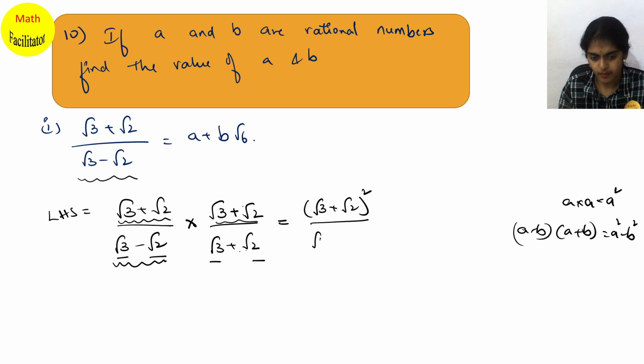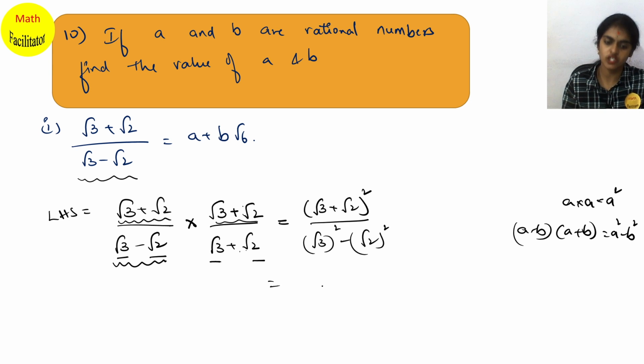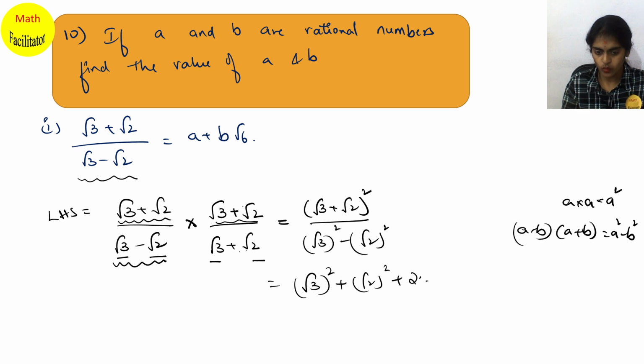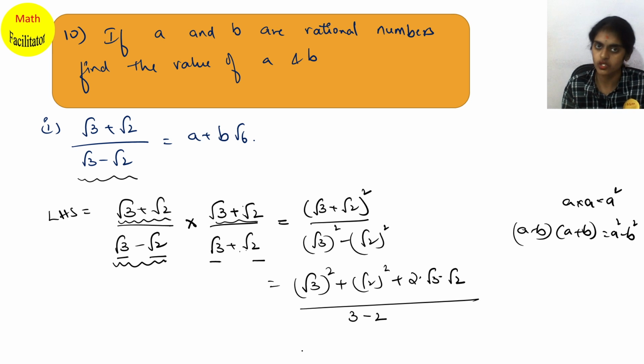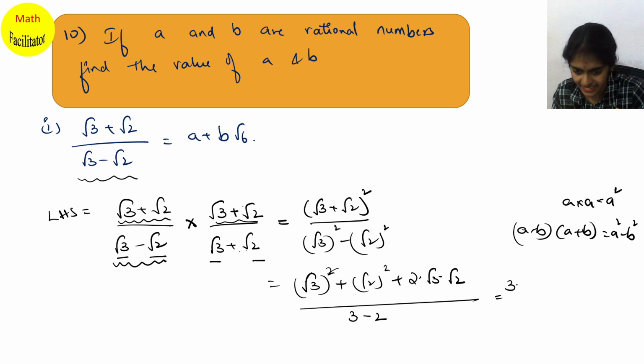Here A is root 3 whole square minus B is root 2. So now this is like A plus B whole square. So let me expand it: A square plus B square plus 2AB, divided by root 3 whole square, which is 3, minus root 2 whole square, which is 2. So finally you have root 3 whole square is again 3 here, plus this is 2, plus 2 into, now